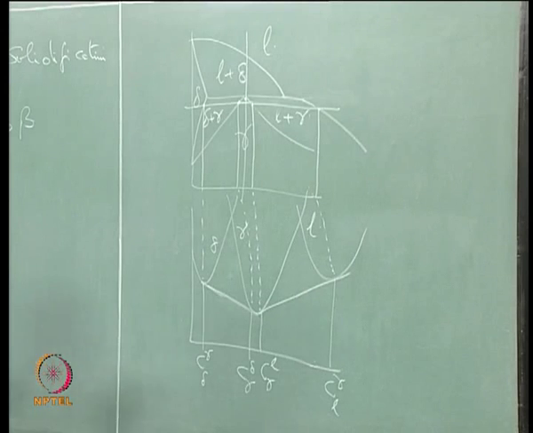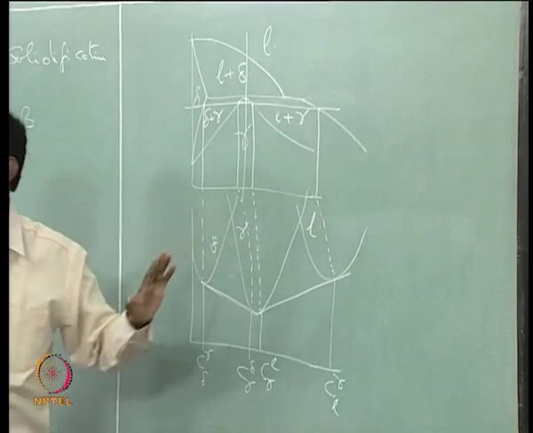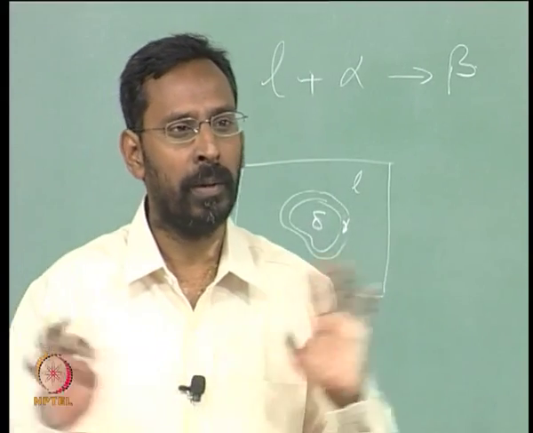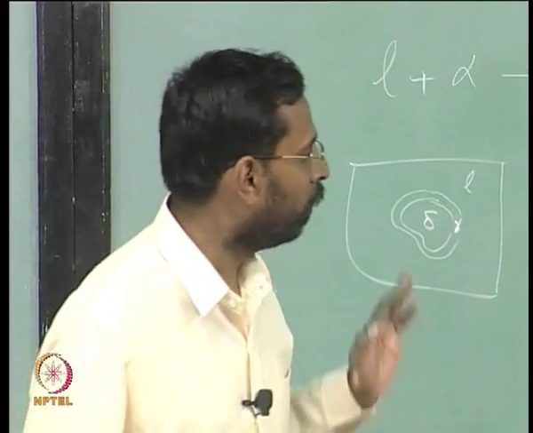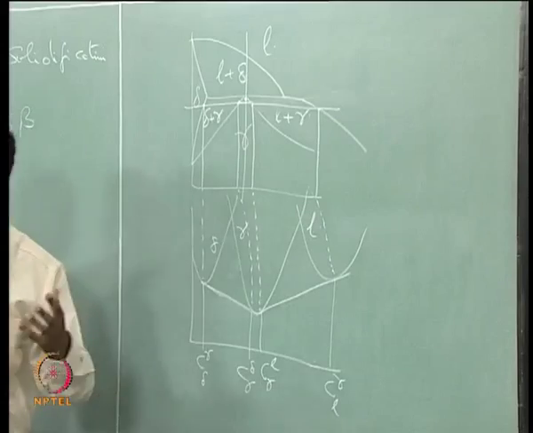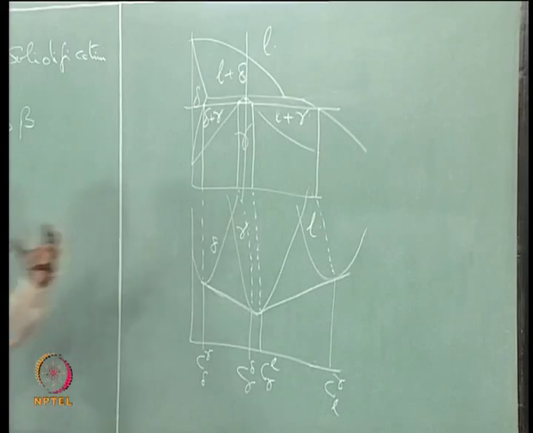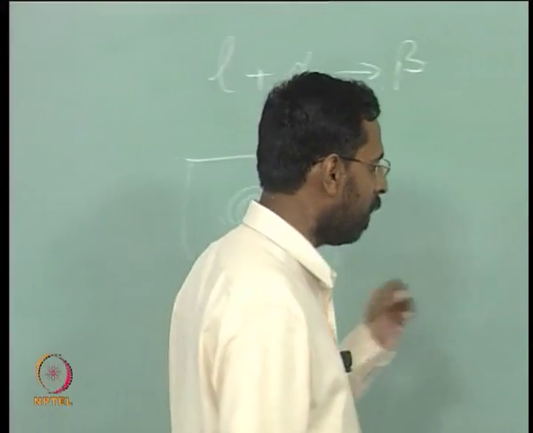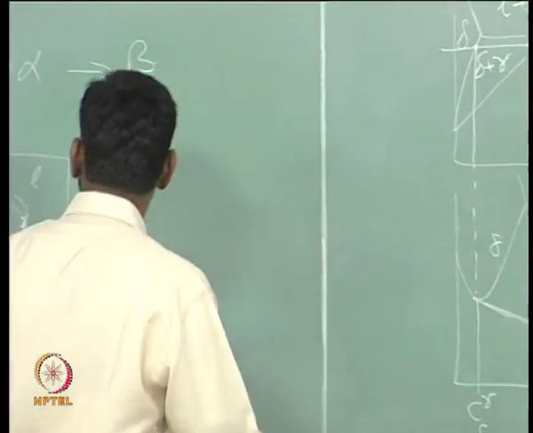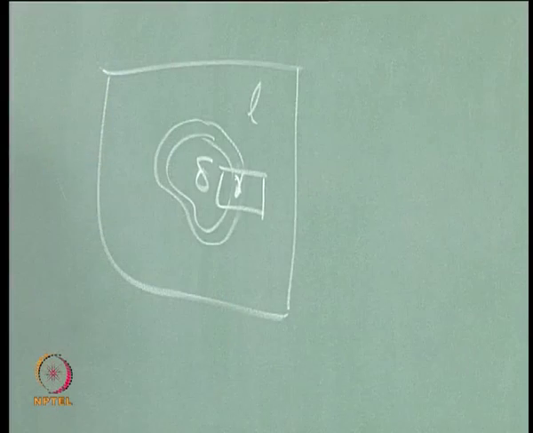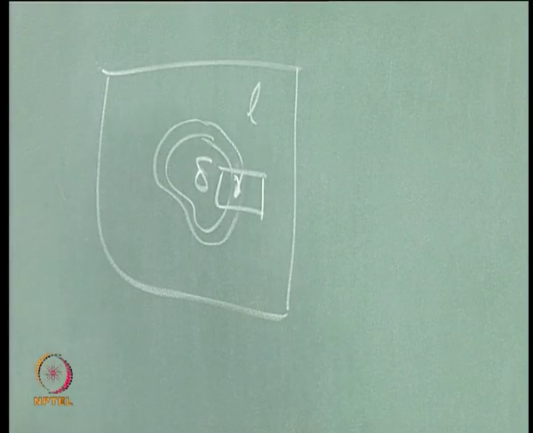So, you can see that these 4 compositions, that is why whenever you draw a free energy composition diagram, it should completely reflect the phase diagram. This has to be, at least at the end of this course, very clear to you. So, now if I get these things, how do you understand this? How is it useful for us to understand the peritectic reaction? What you see here is, if I now draw a small segment of this, take a finite element from this and try to look at it.